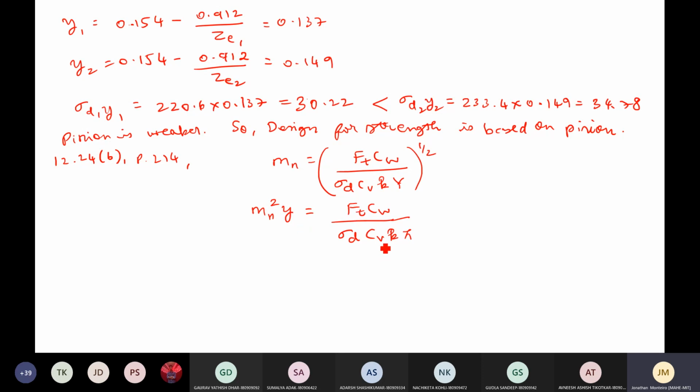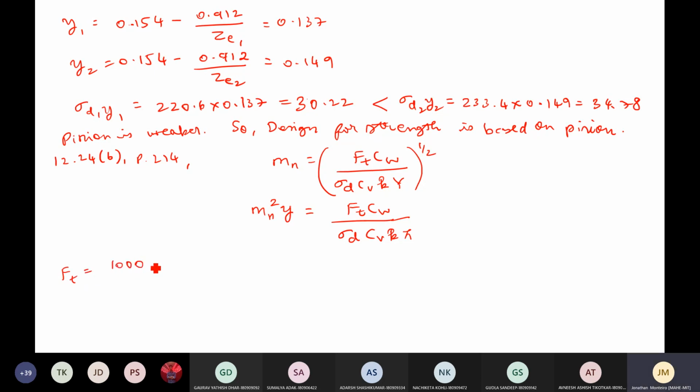Because we know Cv already, because 80 mm has already been decided. So there is no point in getting that Cv back to the left hand side. Since teeth is unknown, teeth has direct relation with this quantity of y, the form factor. Now these are the things you can directly find out and directly know. Okay, let us go one by one. What is Ft?